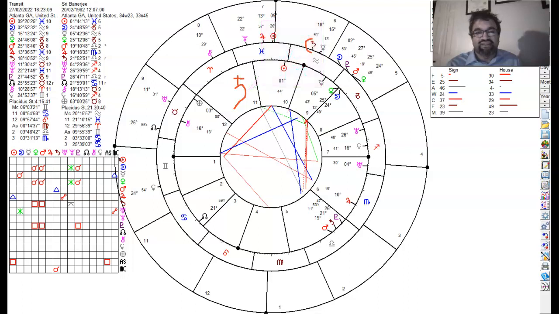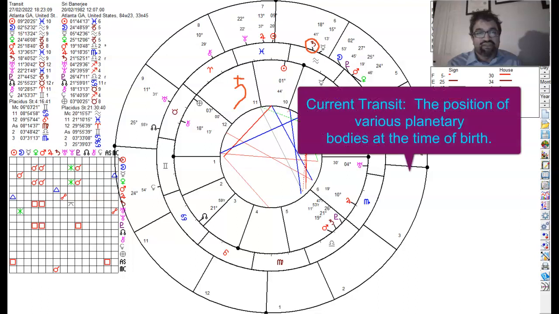In the transit, this is where Saturn is. And just to orient you, the internal circle is comprised of my natal chart. Anything on the outside is the transit of what is currently occurring within the astrological